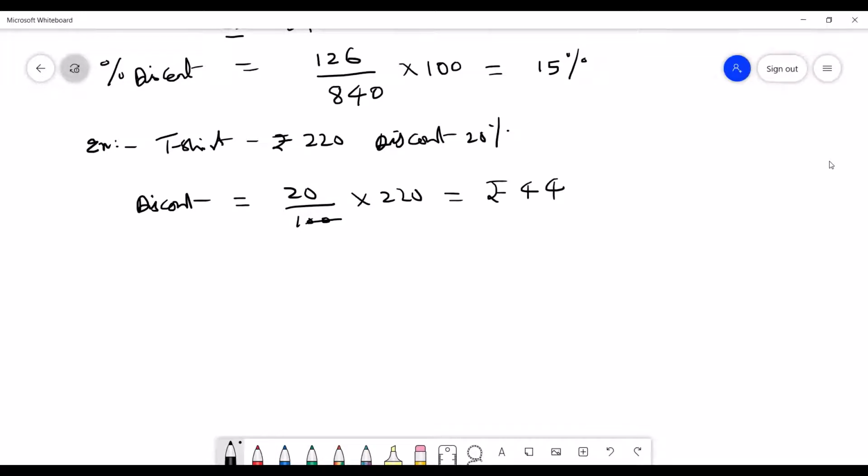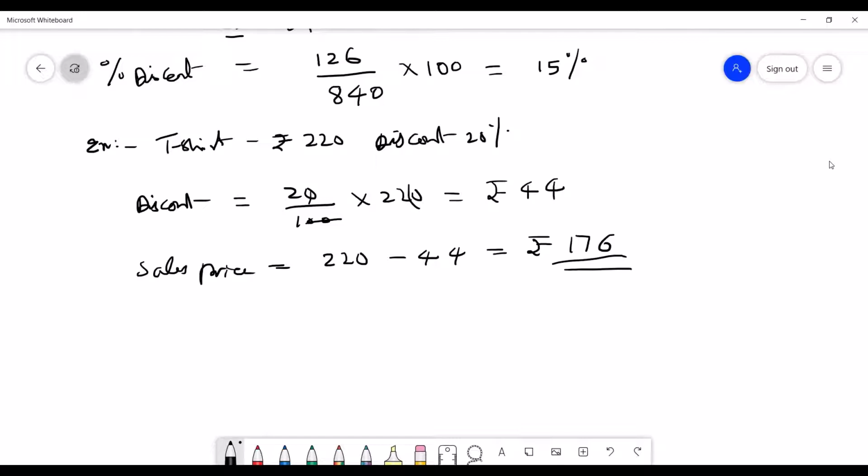Okay, this will go like this. Then 2 into 22 is 44. Then the sales price, or otherwise the price that we have to pay, is 220 minus 44. So we will get rupees 176. Only 176 rupees we have to pay to purchase the t-shirt of 220 rupees when there is a discount of